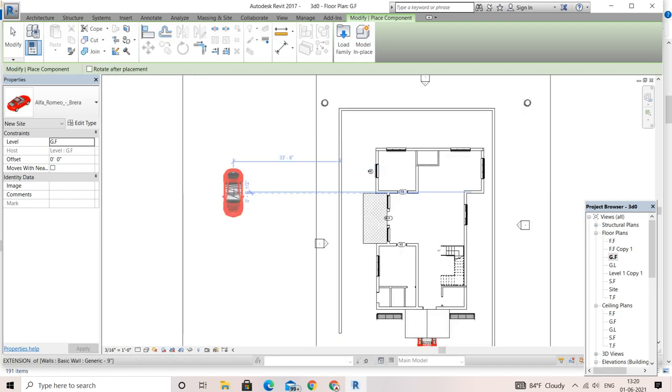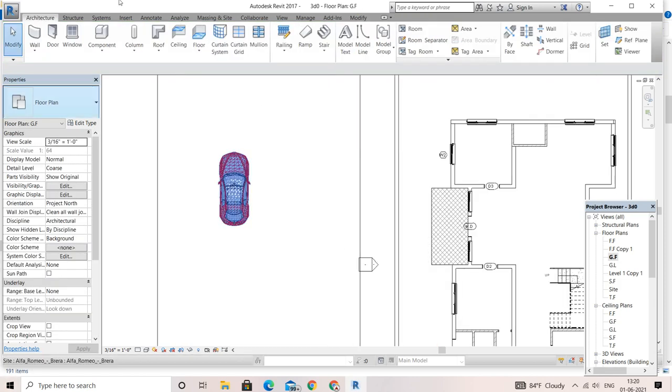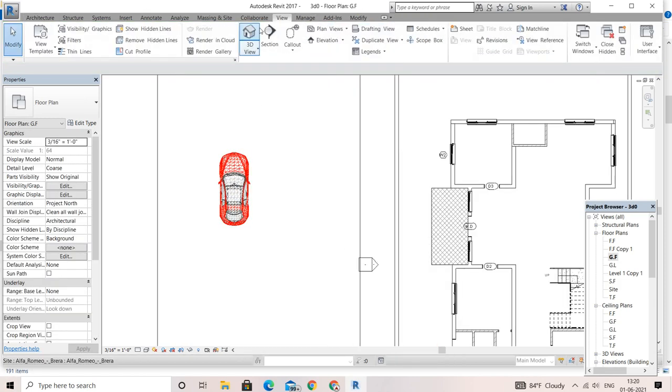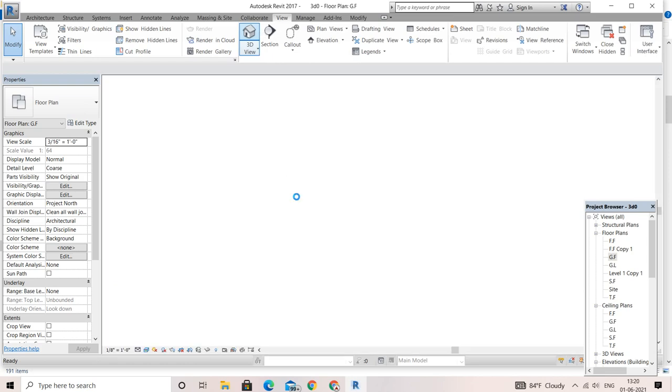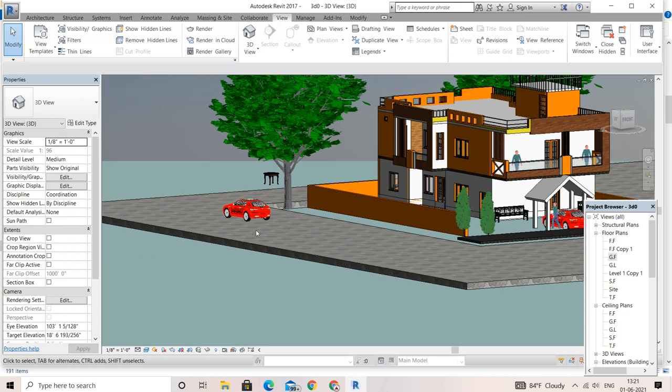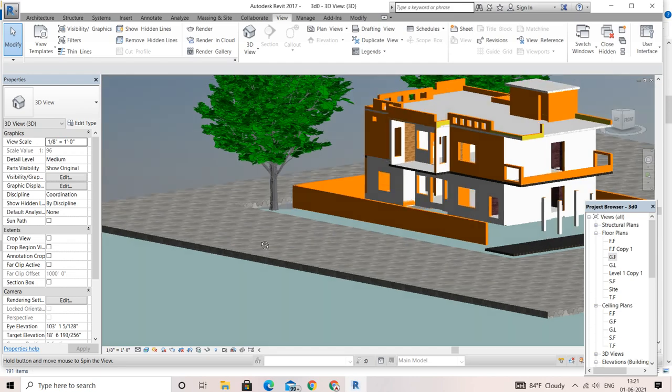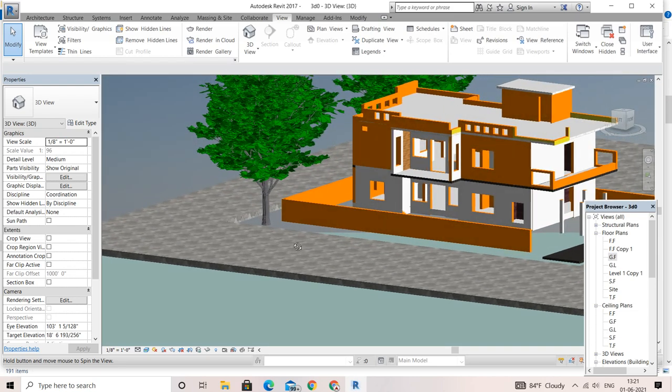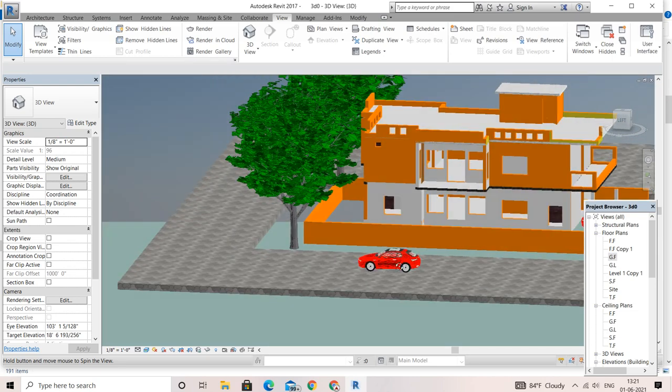See, this is here, right? If you want to move it or change, rotate it, just press your space bar. See, if you just click it, with the help of the space bar, and then escape twice. Now go to your view tab and click on 3D. You can see which I have taken here. Just hold your shift, pressing your shift and pressing your mouse middle button, and just rotate. Here, this one I have uploaded.